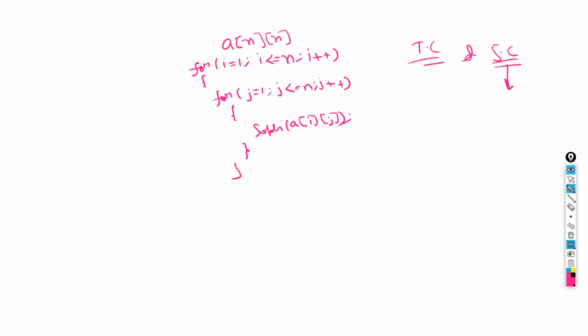If you guys have guessed the space complexity to be 2n, then it is wrong, because we have an array A, a double dimension array, of the size n into n. Let's say the size is 2 comma 2. So how many elements do we have? 2 into 2, 4 elements: 1, 2, 3 and 4. Similarly, the total number of elements this array is taking is n square elements. So the space complexity is n square.